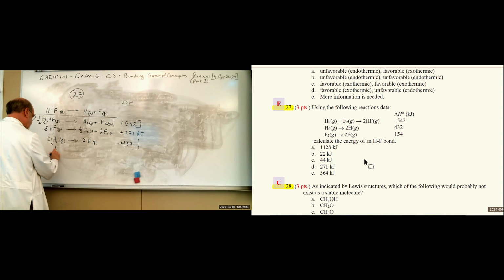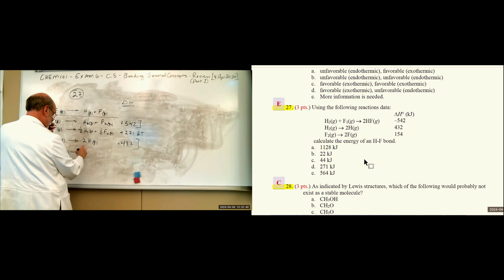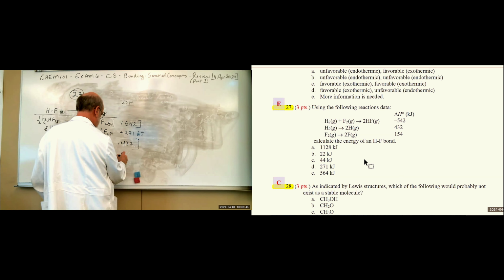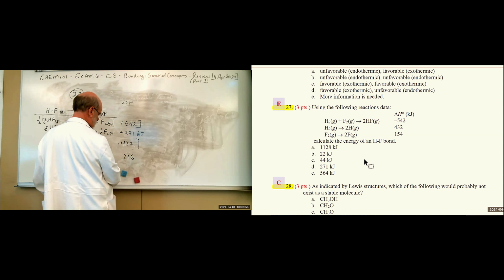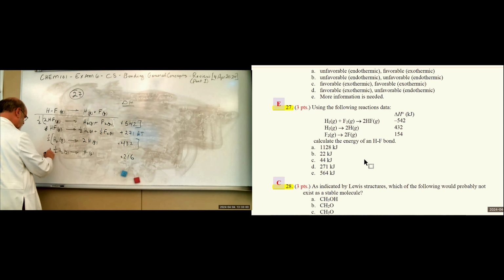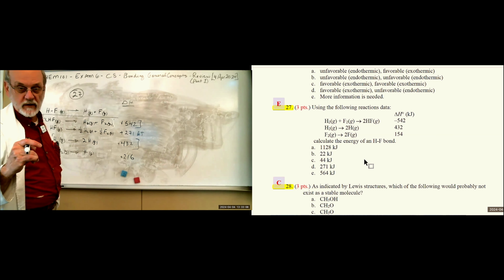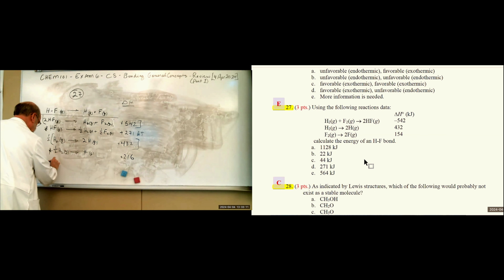So now we have 1/2 H2 gas yields 1/2 of this one is H. Right? And half of that is, let's see, 6, 1, 2. Well, carry the 1, yeah. Okay, so now we're going to use this one. And then we do the same thing for the fluorine, right? We have a fluorine in there like that. Yeah, just like that. Okay, so now we got the